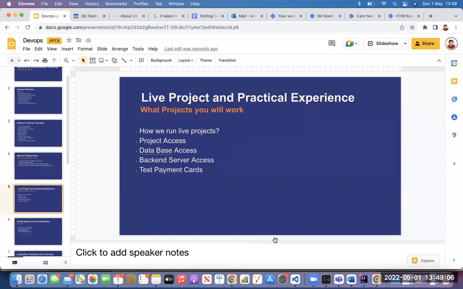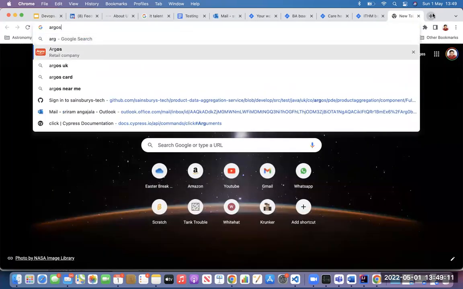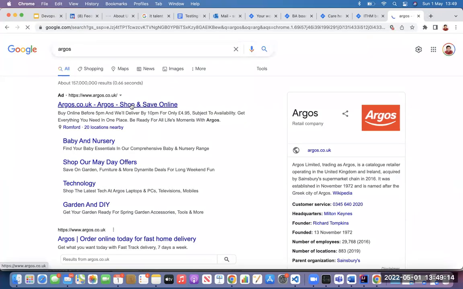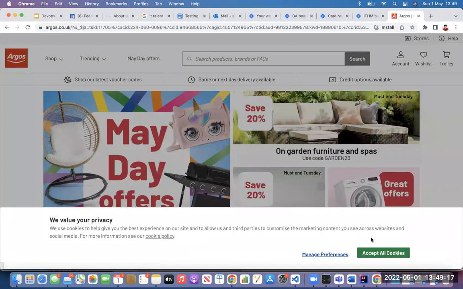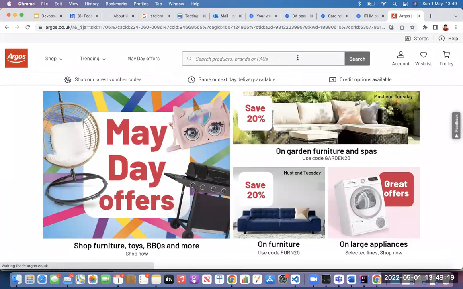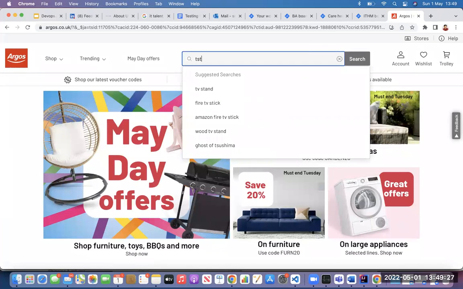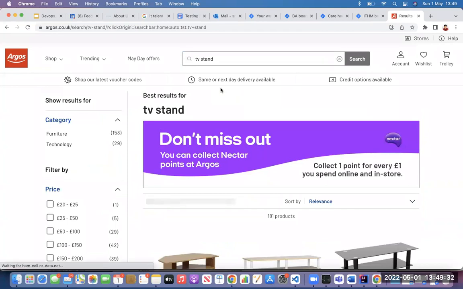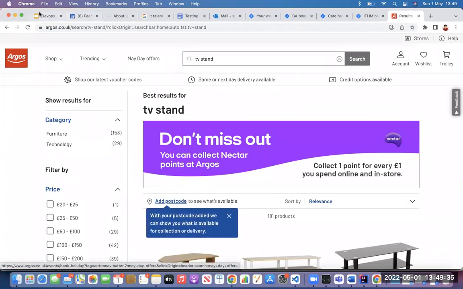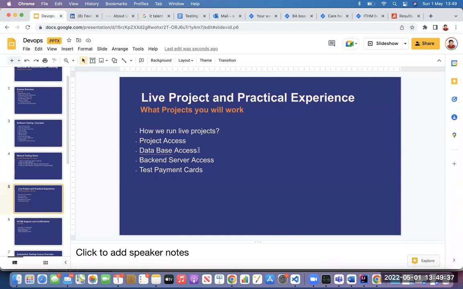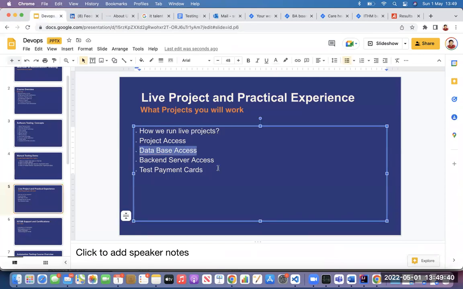As a tester, if somebody asks you to open argos.com and test it, that is not what you need to actually test. You should test an internal application which is hosted for your company. Otherwise that is not testing, that is browsing and exploration. If somebody says, can you test this text box, that's nonsense. That is not testing. Every kid can do it. So as a professional, you need to get access to projects and the database, and maybe some backend application.